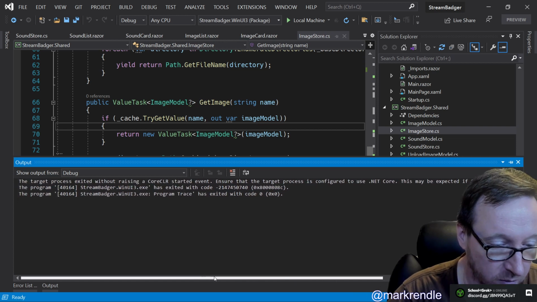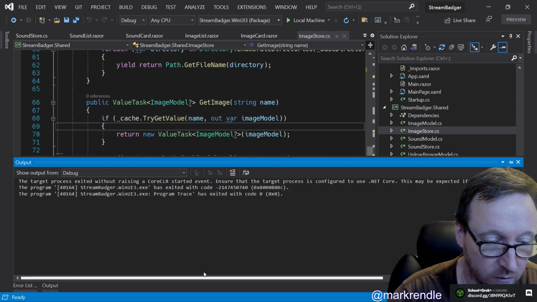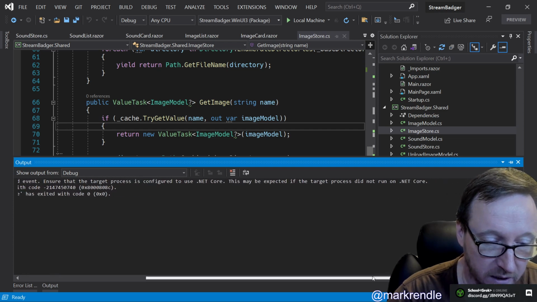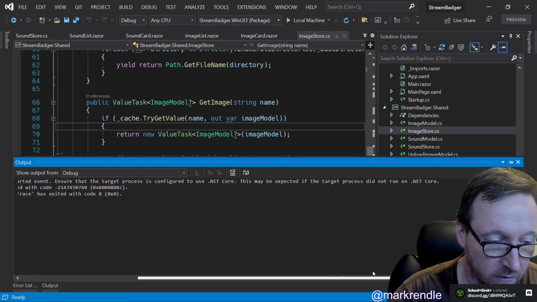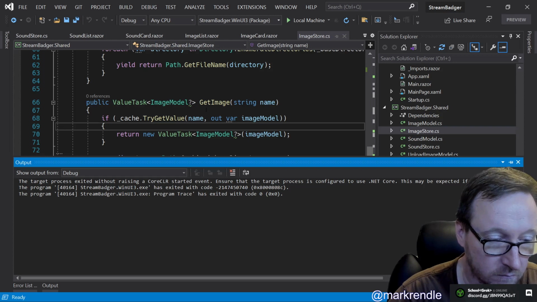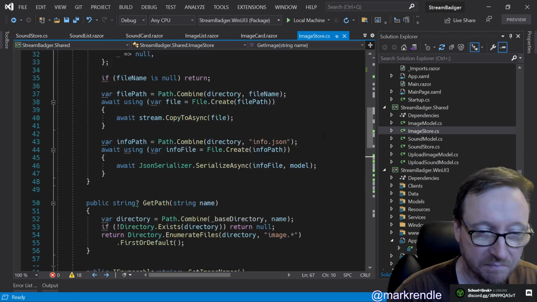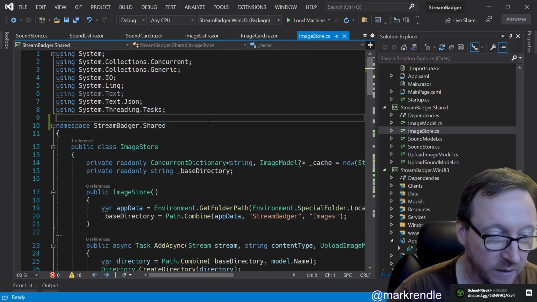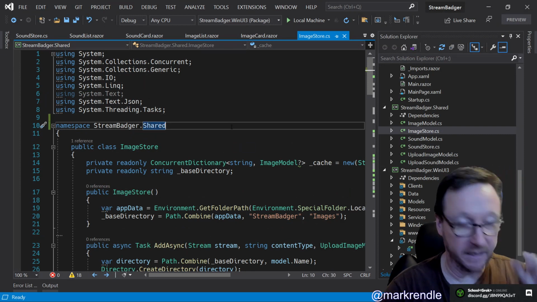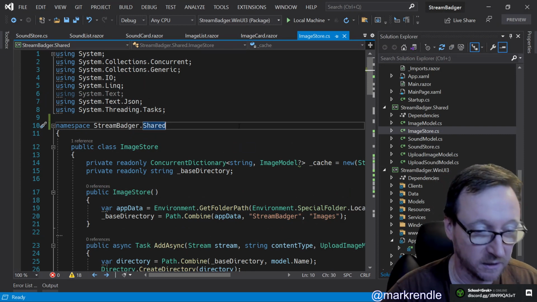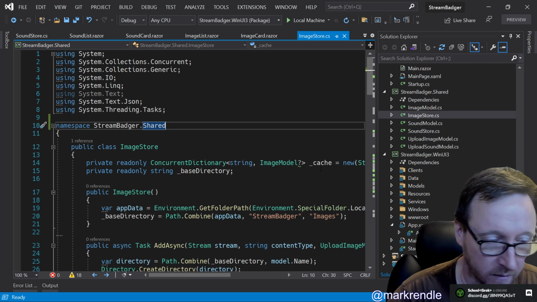Ensure the target process is configured to use .NET Core. This may be expected if the target process did not run on .NET Core. So yeah, it sort of exists already in another form, but this is trying to wrap the whole thing up in